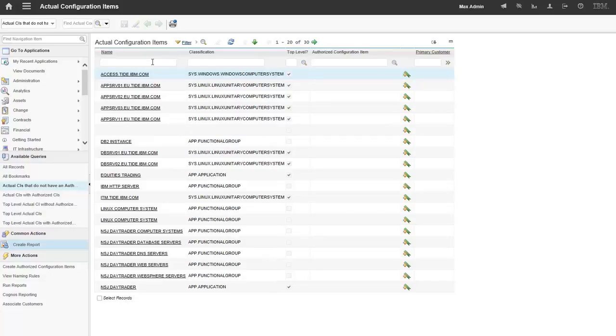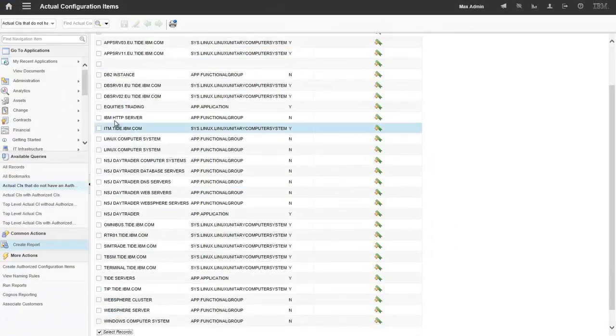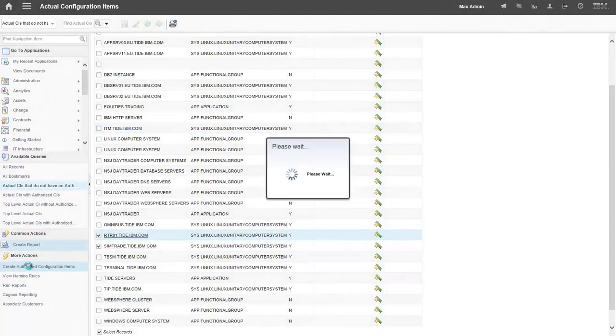So we've picked on the actual CIs that do not have authorized. So these are discovered information brought into Control Desk that has not been promoted yet to the authorized side. So today we're going to show how you can select a subset of that to be promoted. So we just click on select records and we can pick a couple of these computer systems, whichever ones are appropriate based on what we're trying to do, and then we can use the create authorized configuration items application